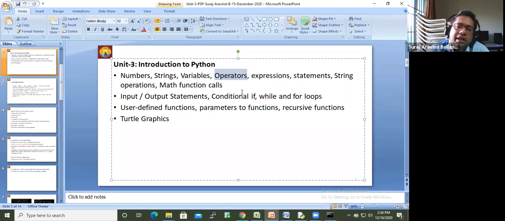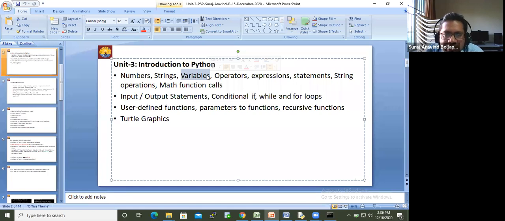So along with the variables, an operator as it is has got no importance. It has to be combined with some expression or the other. So variable, as we have discussed in the previous class, is a memory location where we store a value, and that value we can change in the program.